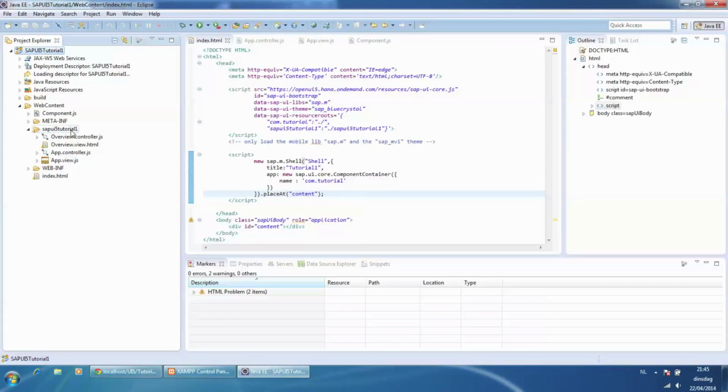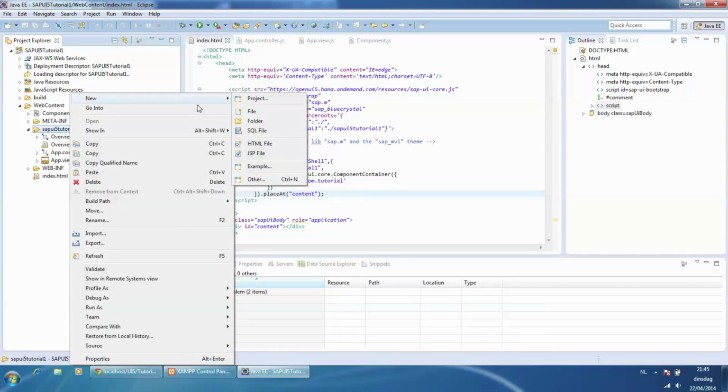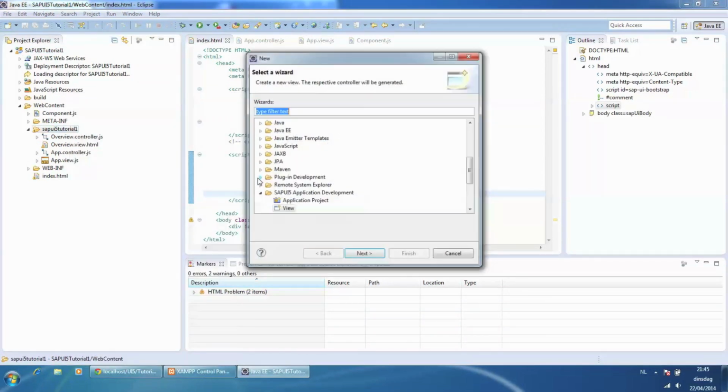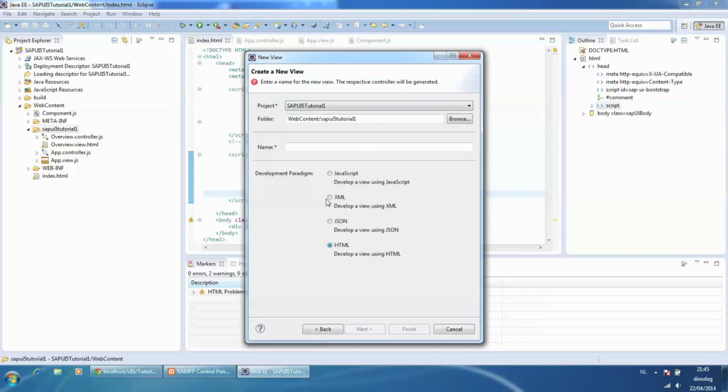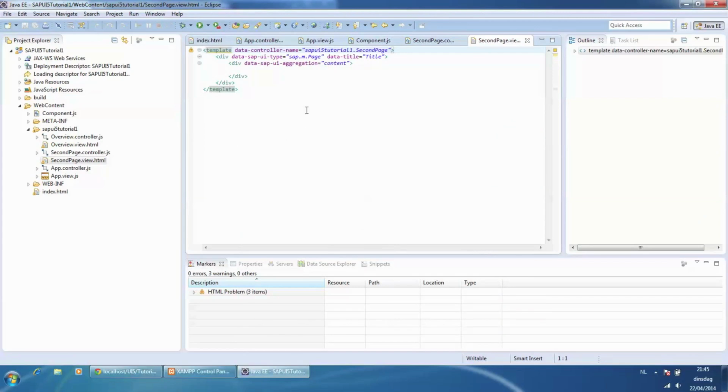Next, we will create a second HTML view, so we can actually show you some navigation between views by using routing. So create a second view, just like I explained to you previously. Check the HTML radio button.